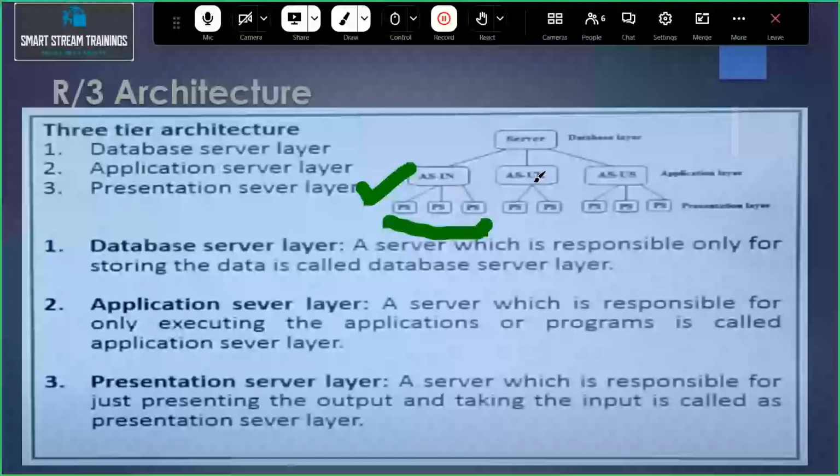In the medium, in between the presentation server and the database server, there is a layer, that is the application layer. So what is this application layer's activity? This application layer is decided based on the client requirement, that means client specific. So one application layer is dedicated for India, UK, US, like this. The server is divided into different partitions. In this partition, the application layer has n number of programs to perform this activity.